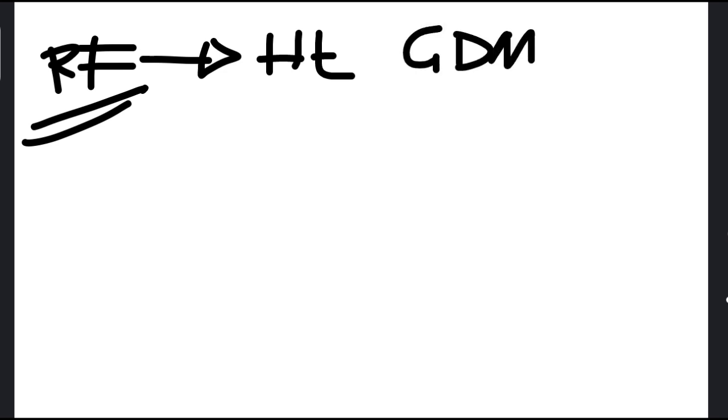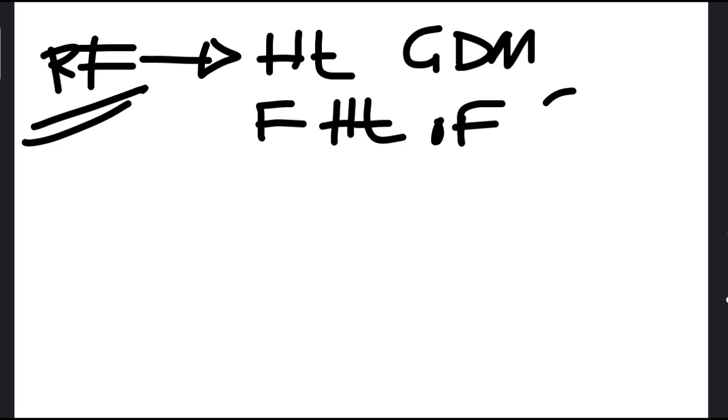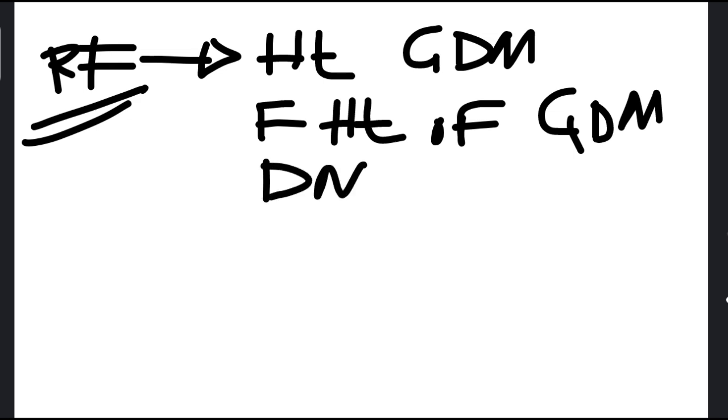Basically, that's what's happening. What are the risk factors for a woman to develop gestational diabetes? When we're dealing with OBGYN, always remember that a risk factor for any or most conditions will be that same condition itself. So, history of gestational diabetes. If you remember, we said gestational diabetes is one that is diagnosed during a current pregnancy. So a history of gestational diabetes, a family history of the same thing, gestational diabetes, a woman who is already diabetic,